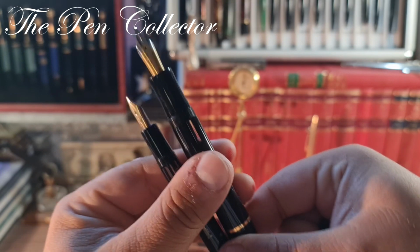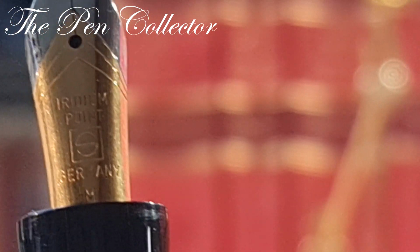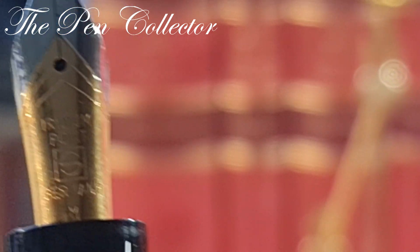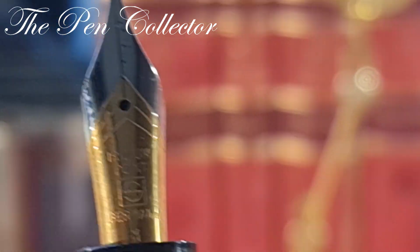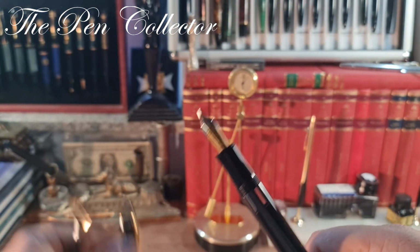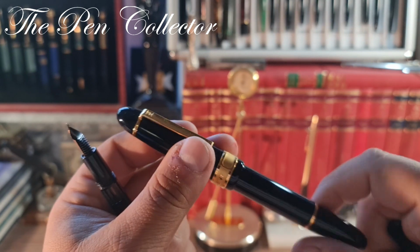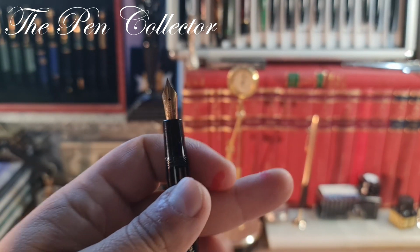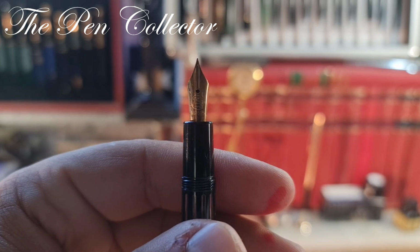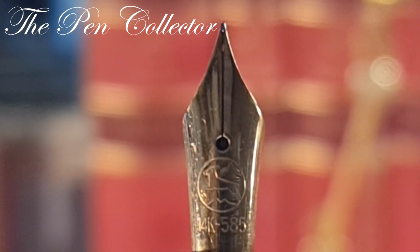Again, the Senator model was also available with a gold nib, but unfortunately I have here the steel nib version. Maybe in time I will get the Senator with the gold nib. And like I told you, even the Melbi one is fitted with an outside nib produced by Bock. And this is why I tend to think that it is from the 1970s,